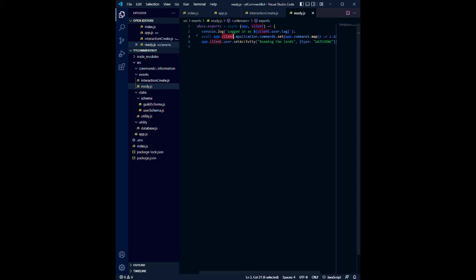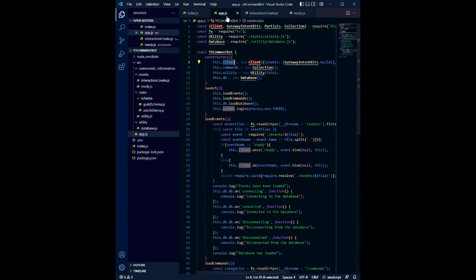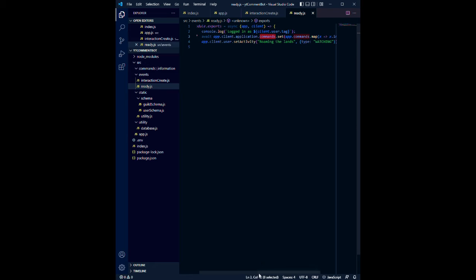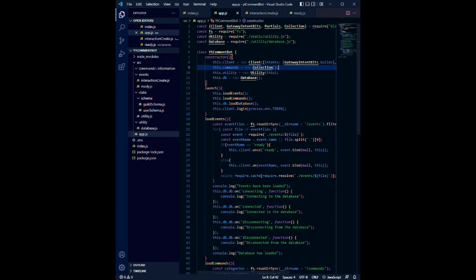If you don't understand where these come from, you have to look at the documentation for the client class. But we'll do .application.commands, which again pretty much is this .set